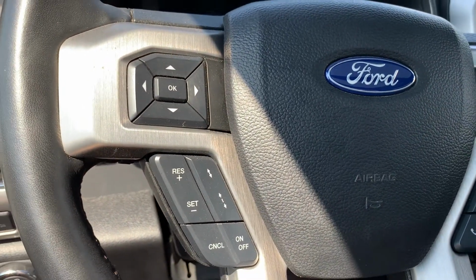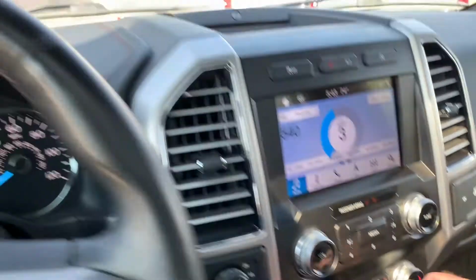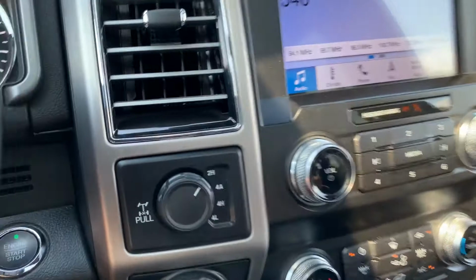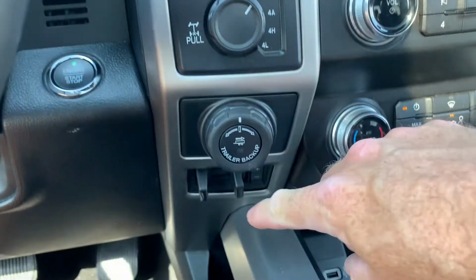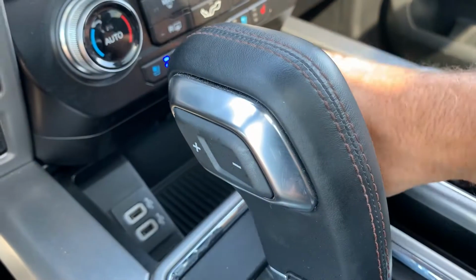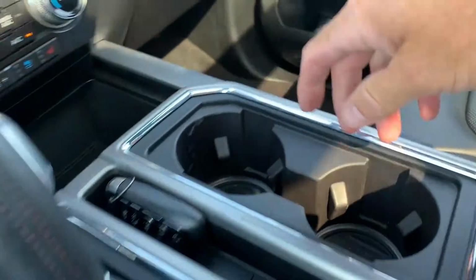Your chip computer, your cruise control, which in this model will be adaptive cruise. Let's see, and then you got your stereo controls, your push to talk, push button start, 2 and 4-wheel drive, trailering controls are both right here. Your shift, your Ford Select shift, and your phone port down here with 2 USB ports, and your key fob,